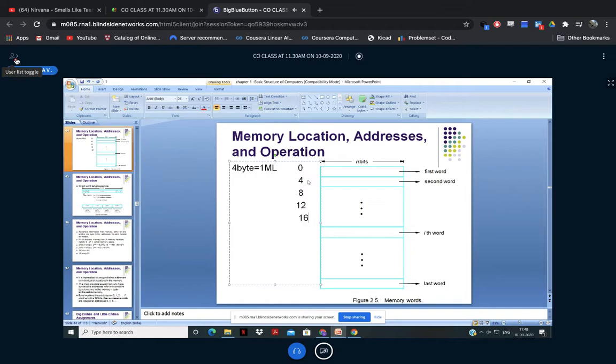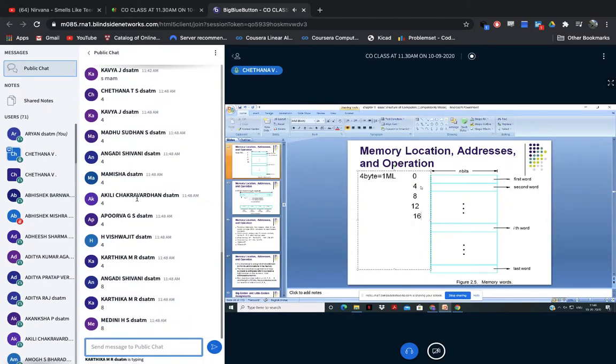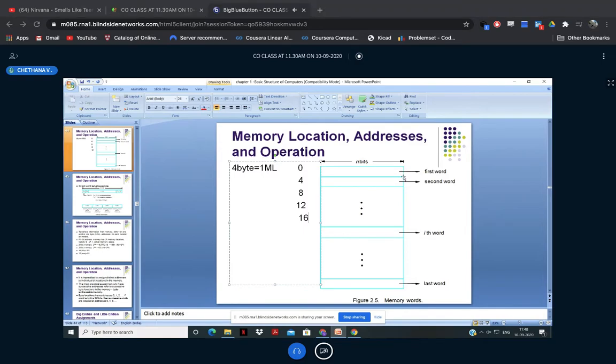I think you are able to understand. Okay. So this is how the memory address will be allocated. I hope you're able to understand. So in this, I'm going to store totally 4 bytes. What is 4 bytes actually in terms of bits? 4 bytes is 4 into 8. So how many totally? 32 bits. Are you agree? I'm going to store totally 32 bits of data.